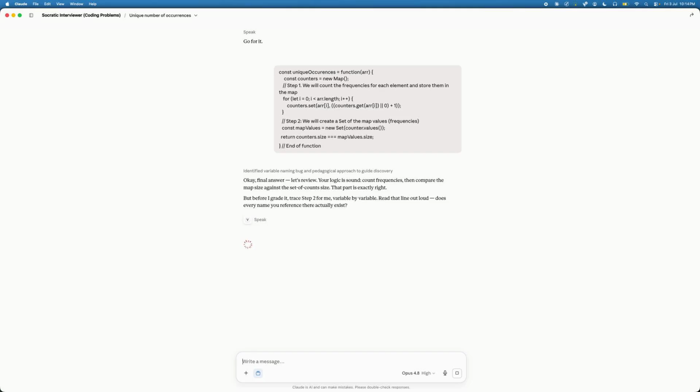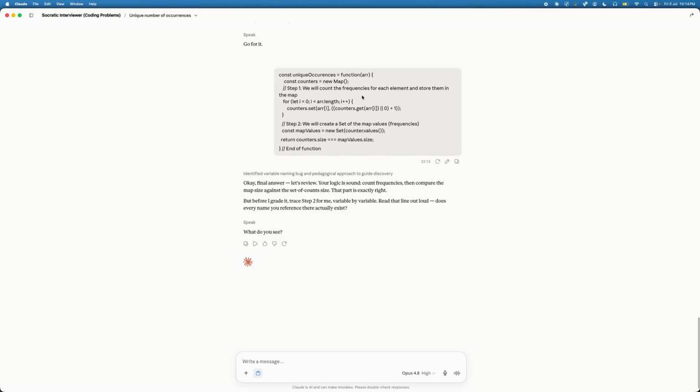Okay, final answer, let's review. Your logic is sound. But before I grade it, trace step 2 for me, variable by variable. Read that line out loud. Does every name you reference there actually exist? Counters.set, counters.get, arr are there, then mapValues is equal to new Set.